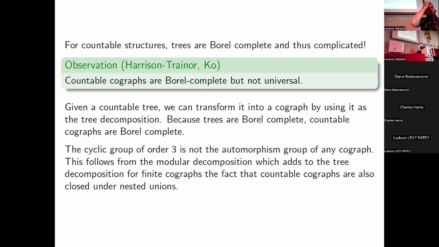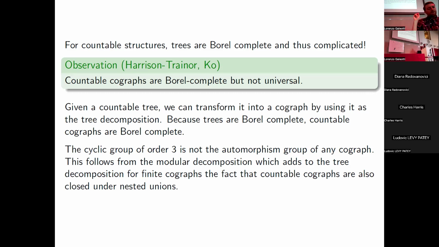Cographs are maybe a little more complicated than trees. Basically, they're also close to under nested unions, and that's not something that corresponds to trees. But essentially, the idea is they're strictly more complicated than trees, but only by maybe a little bit. So